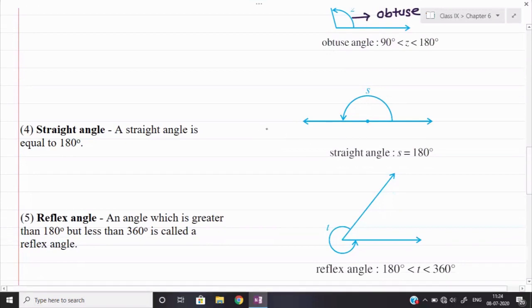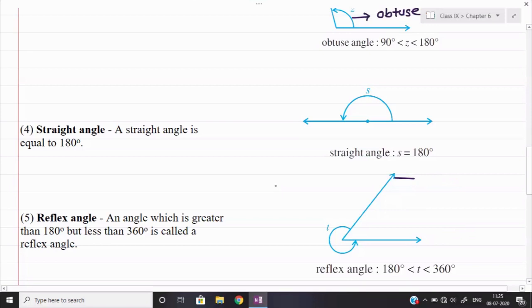For example, see this one, I will say one of the arms. And this I will say the other arm of the angle. Second arm we can see. So here, if these two arms are straight, then we can say that they form an angle of 180 degrees, as you can see in the figure. So if the two arms form a 180 degree angle, that type of angle will be called a straight angle. Okay.